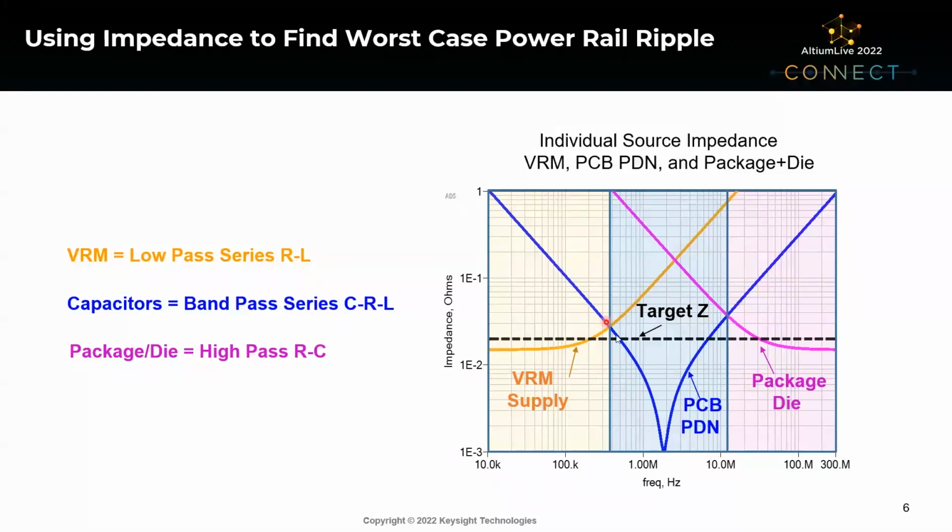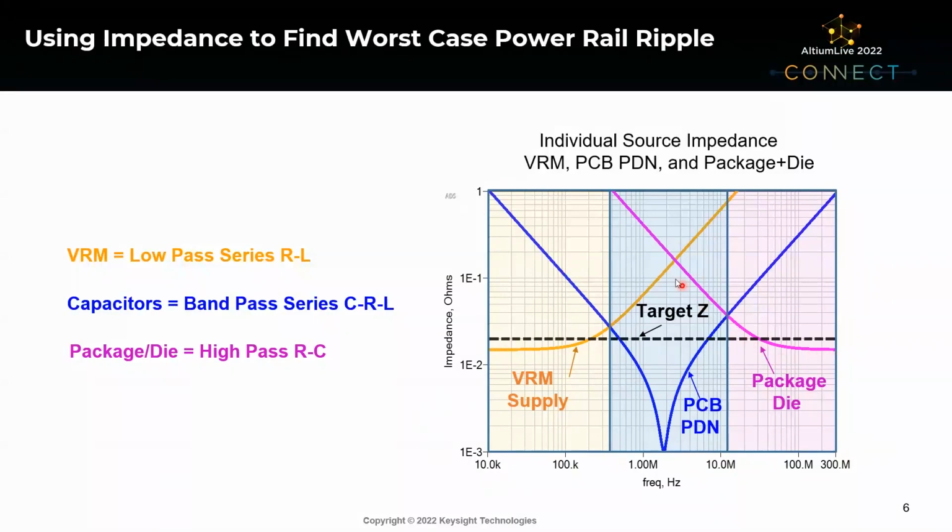Next, I can look at my decoupling capacitors. My decoupling capacitors can provide the higher frequency charge delivery. As the power supply starts to increase in impedance, my decoupling capacitance on the boards starts to provide a lower impedance so I can meet my target impedance there. But even a capacitor is not perfect, and it has a limited bandwidth. It has an ESL, and there's a certain amount of inductance to get into the package. So my printed circuit board decoupling has a minimum amount of inductance that it can achieve. And then at very high frequencies, the package die will need to take over in terms